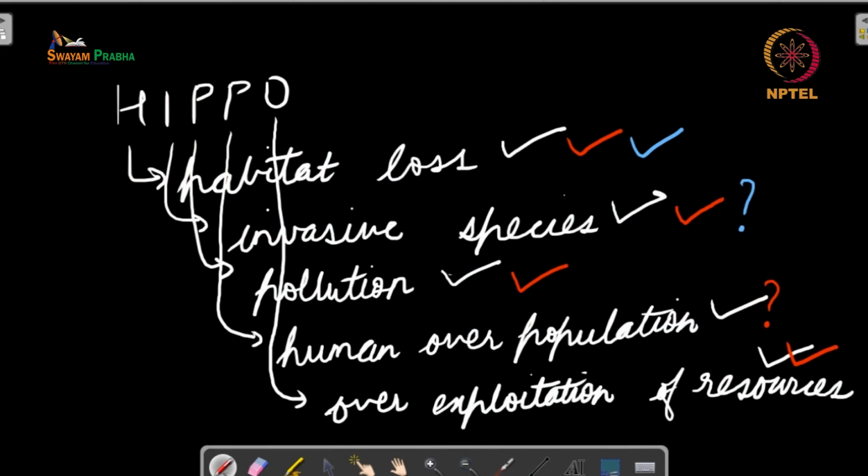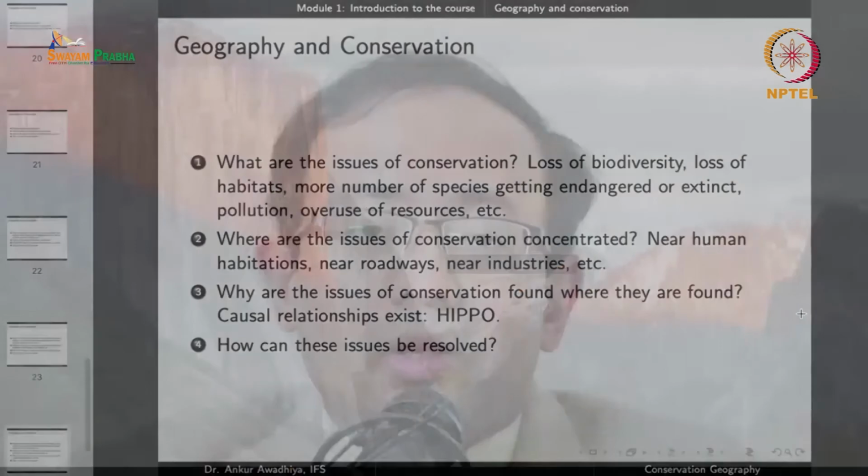the manufacturing industries. Do industries lead to pollution? Yes, they do lead to pollution. Do industries lead to overpopulation of humans? Not always, but yes, they do facilitate the overpopulation in a regional fashion. Because if you have industries in an area, people will have more incentives to be in the area, because industries provide jobs, industries provide a better living standard to people, and so the human population in the vicinity will tend to grow.